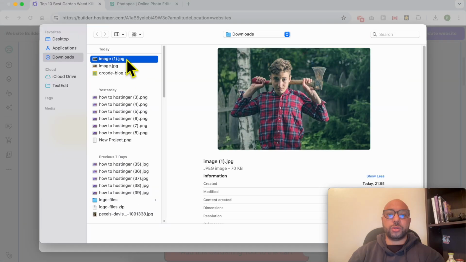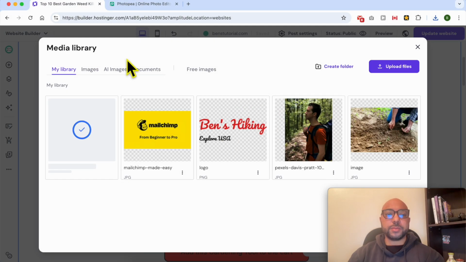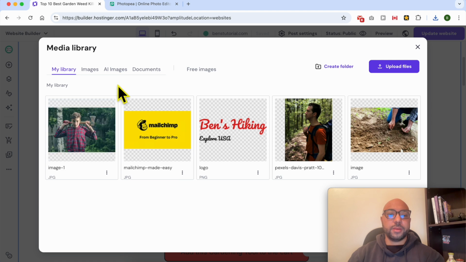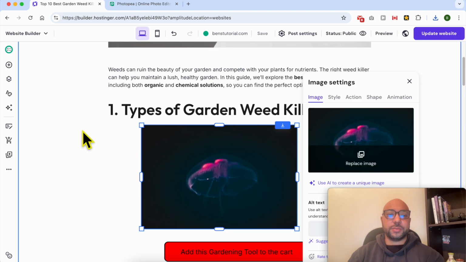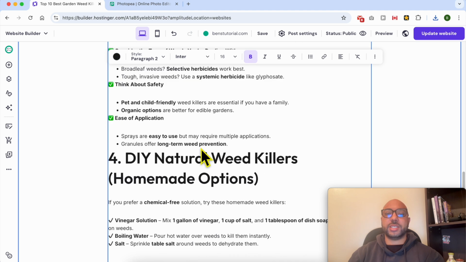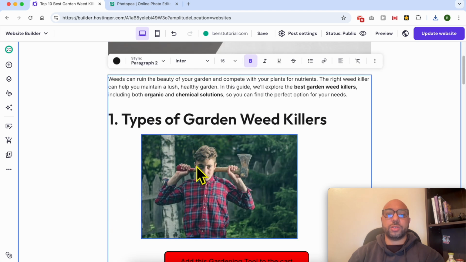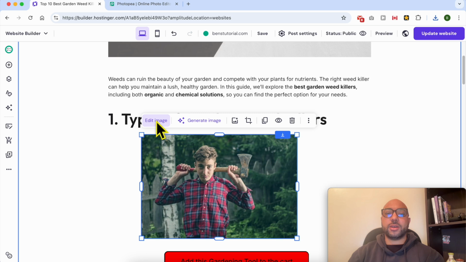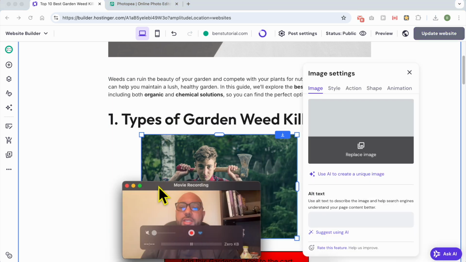Locate your photo on your computer, double click it, and click on Select. This is my first tip of how to optimize photos in Hostinger Website Builder. The second tip is to use the alternative text. Where is my photo? Select the photo first, click on Edit Image, and here